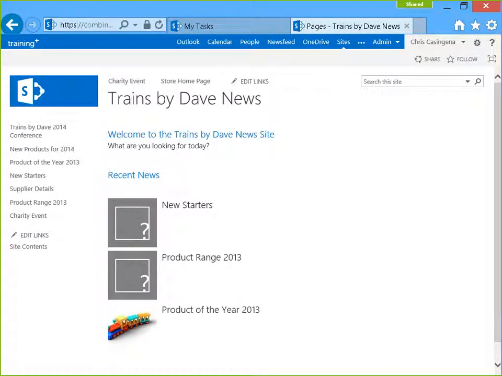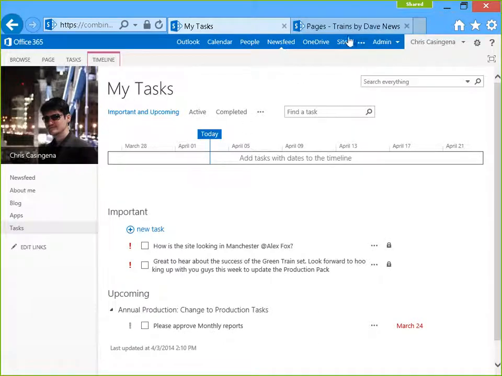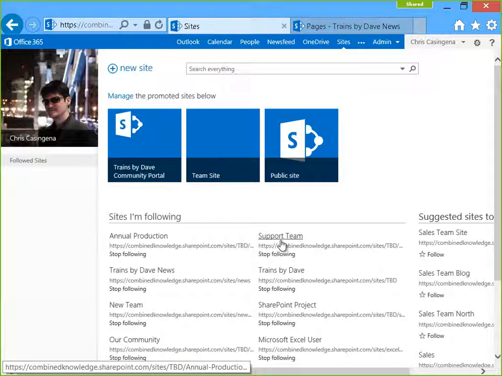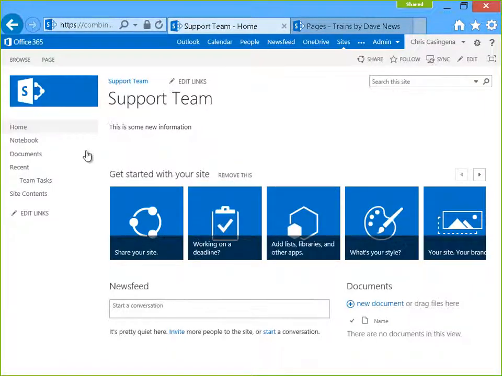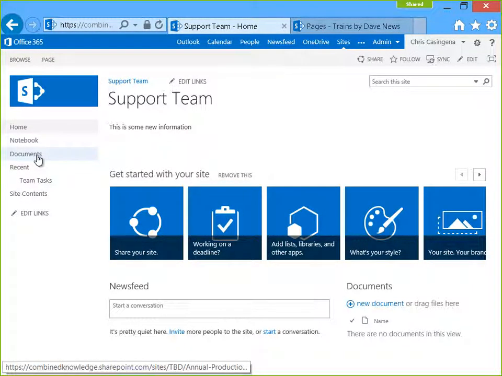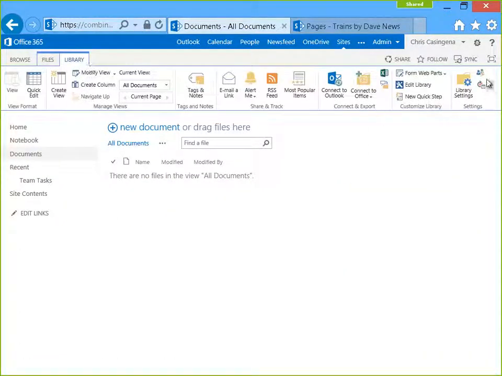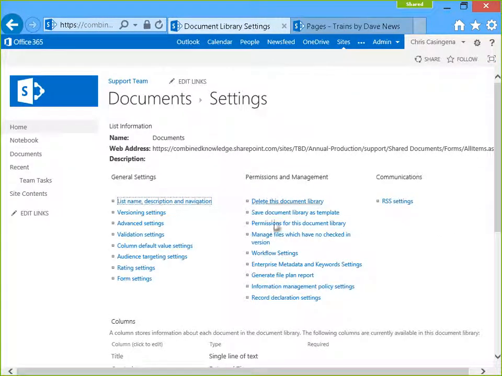So in a team site, we may have different areas of our SharePoint team site that we want to section off. So if I go into our support team site, we might have this document library, for example, here. In a document library, up in the ribbon, we've got the option to change permissions. We've also got that same option in library settings,